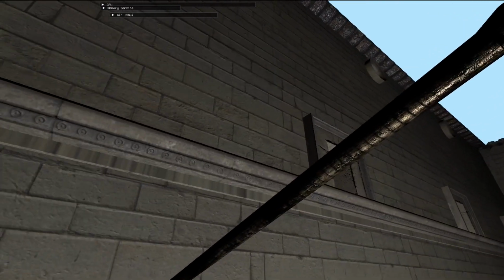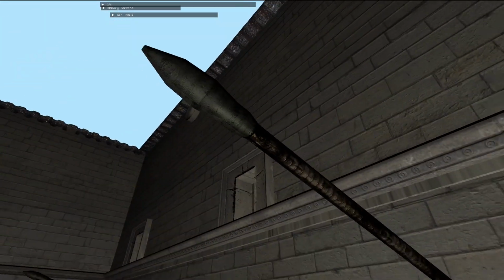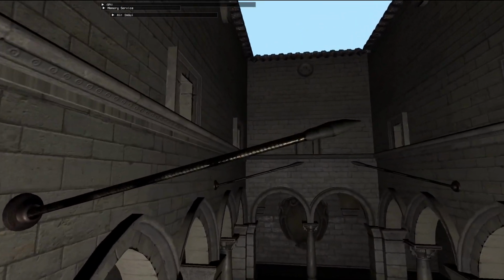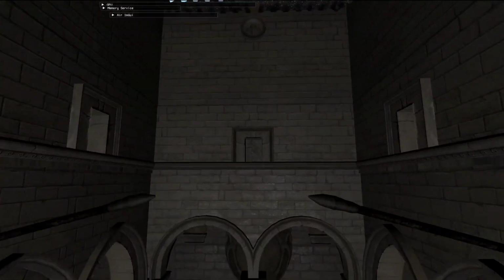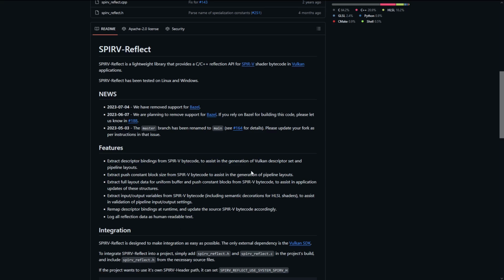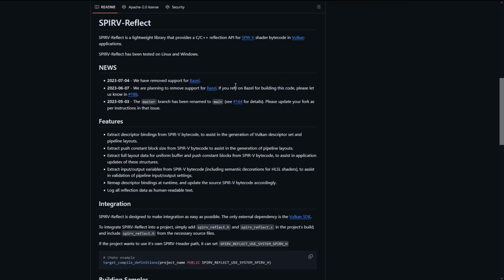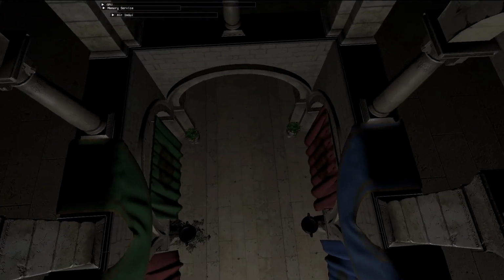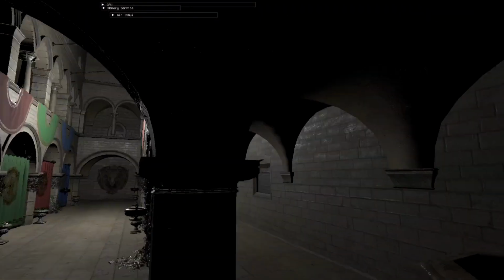Descriptors in Vulkan are something else, man. If you want to learn more about Vulkan descriptors, I'll link a video in the description that explains things really well. I always return to this video to refresh myself on the ideas and the basic concepts of descriptors. Vulkan actually provides a parser for this task, although I've written my own smaller version of the parser to really help get my head around what's going on. I'll eventually replace my version with the Vulkan version, once I need a more robust parser. This is actually all the work you need to do to have bindless materials.